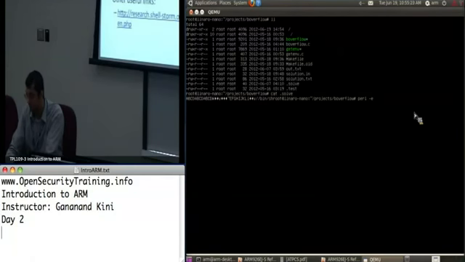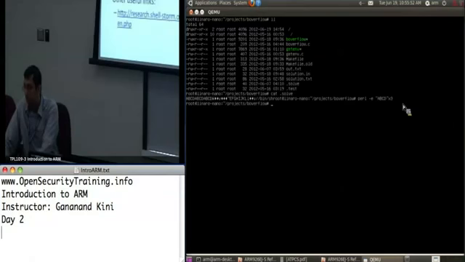So what you can do is you say perl -e, and you can do something like this. Each character is 1 byte. So you're going to have 4 bytes, 32 bits, on the stack, right? So you can have something like ABCD, and if I say times 3,